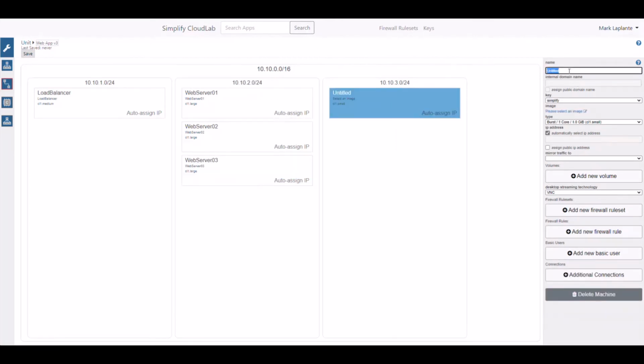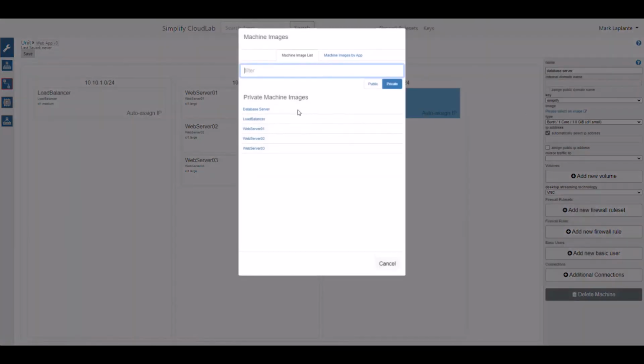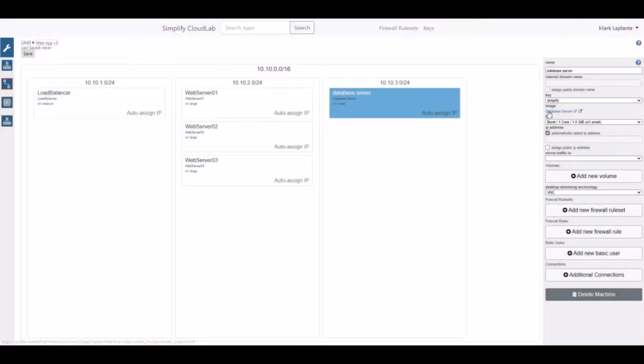And then finally our database server. And that's our database server. Make that one a large or extra large. And this one just needs,